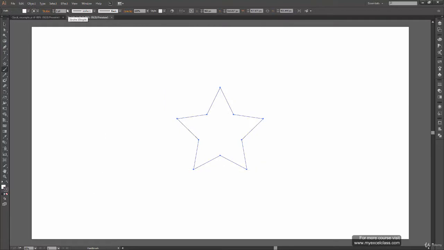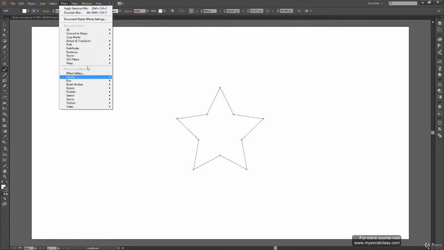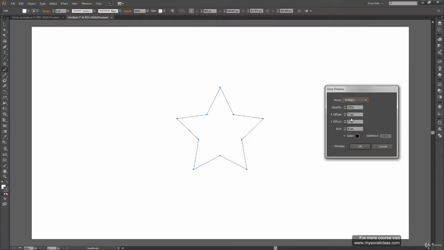Okay, so let's open our effect window again and go to Stylize and Drop Shadow, and here we can see the X offset is 7 pixels and the Y offset is 7 pixels. If I decrease the X offset to 0, you can see there is no horizontal transition of the shadow, it's directly coming down. That gives us a feel that the light is somewhere on the top, and when light falls on this star, it gives us a shadow over here. Again, you can just remove the Y offset also.